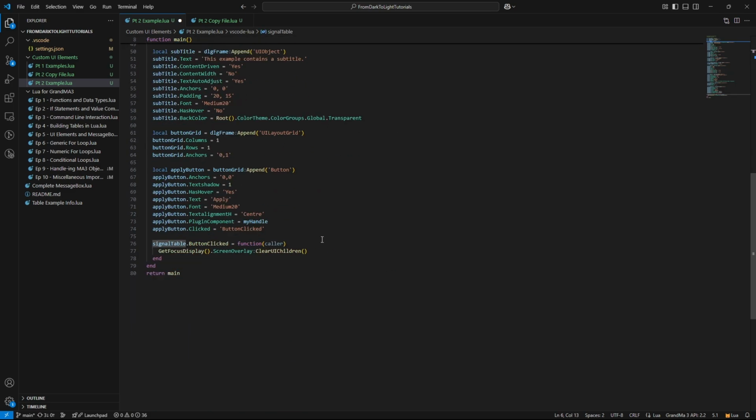And then that can trigger a function. So we say here, whenever the signal table receives the value button clicked, then do this function. And in this case, what it actually does is it gets the display and it clears. So it is going to clear this dialog box when you click the apply button.